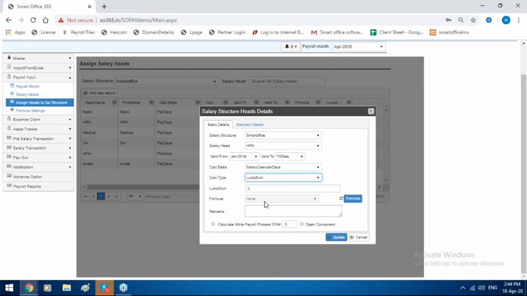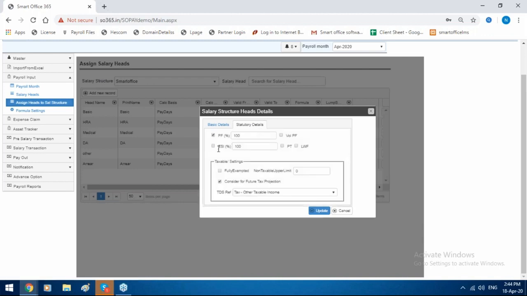Or else another option, that is a lump sum. Here the amount will be fixed for all the employees, like for medical allowance 1250 will be there, for conveyance 1600 will be there, which amount is fixed for all the employees, so you can create the lump sum amount. And for this particular employer component, if PF, ESI is applicable in your company, just select it. PF, ESI, PT, all the automatic calculation will be there according to the government's law.